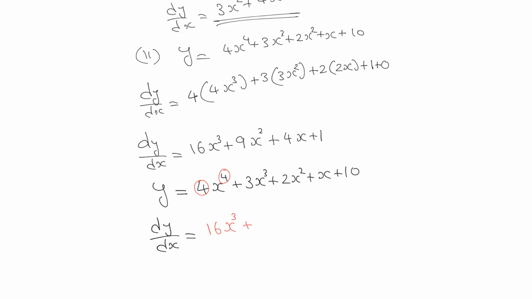Same thing we can continue. 3 into 3 will get us this 9, and we are reducing its power by 1, x raised to 2, plus 2 into 2, that is 4, and reduce power by 1, so x raised to 1 or x, plus same thing over here. You can assume that 1 and 1, 1 into 1 is 1, and x raised to 0, which is 1, so we'll get 1, and for a constant it is equal to 0. So we'll get the same answer like this in a single step.